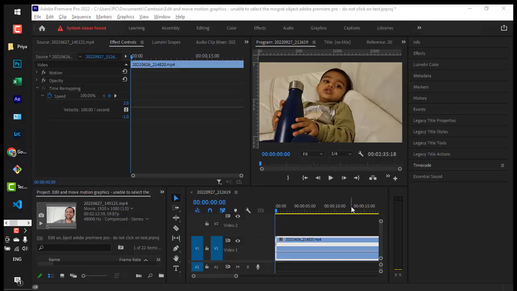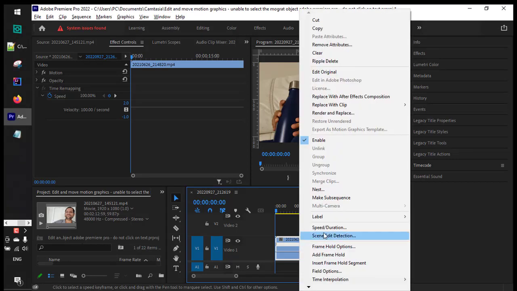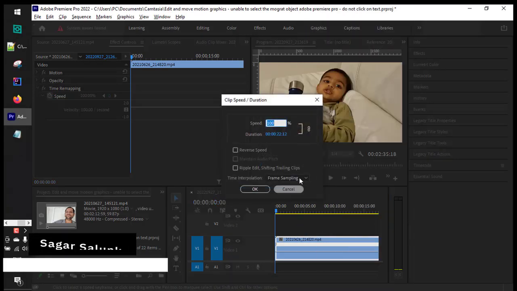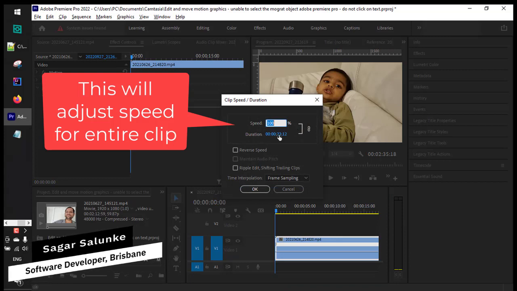This video explains how you can speed up part of the clip in Adobe Premiere Pro. Before I tell you that, there is one shortcut way to speed up the entire clip. So let me tell you about that one. Just right click on the clip and then click on Speed/Duration, and here you can increase or decrease